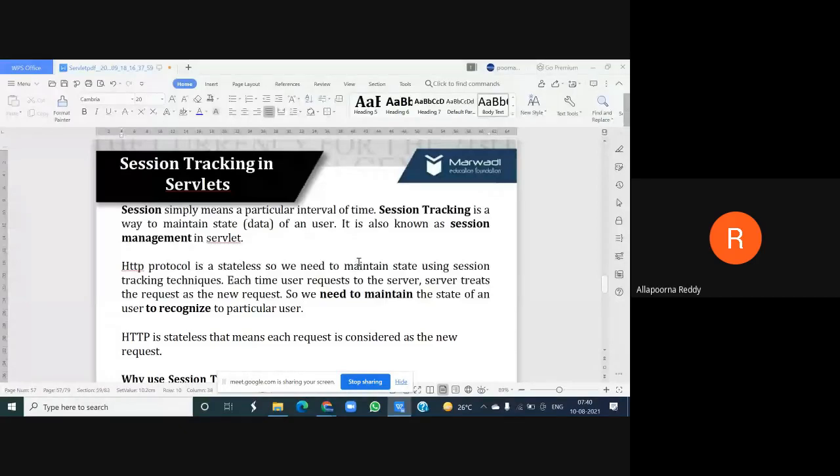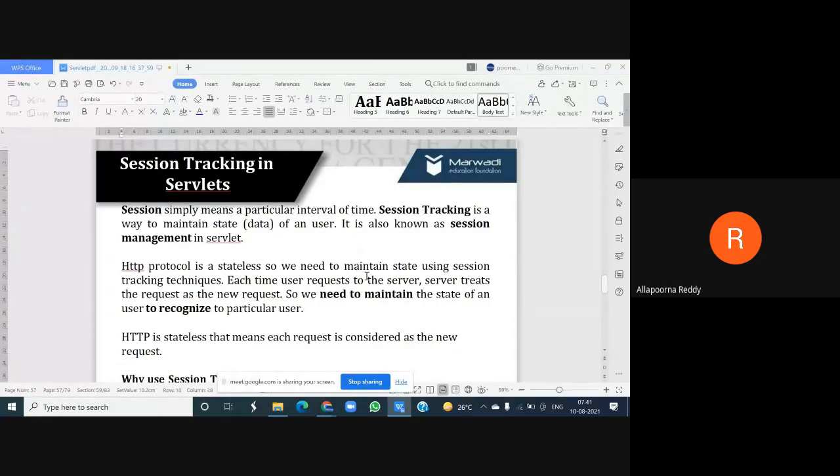But how many sessions we had, who is accessing a particular session, and at what time that person entered my session: to know this information, we need to maintain some log-type record about the user who is trying to access your session.